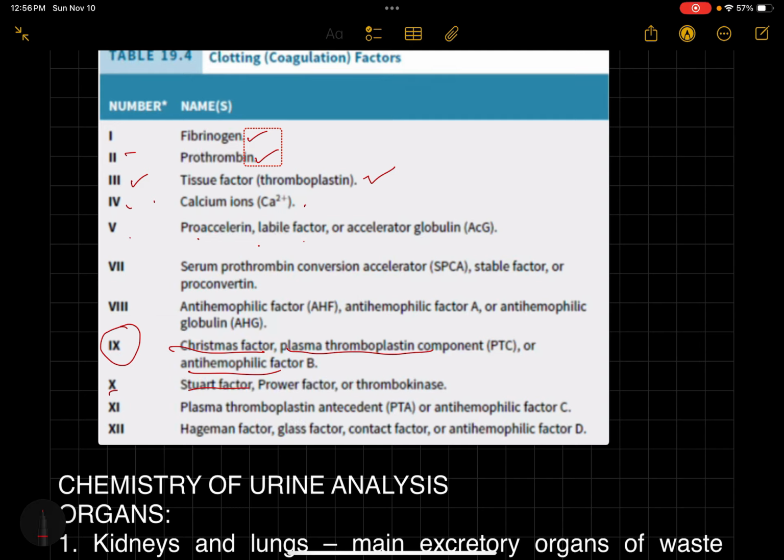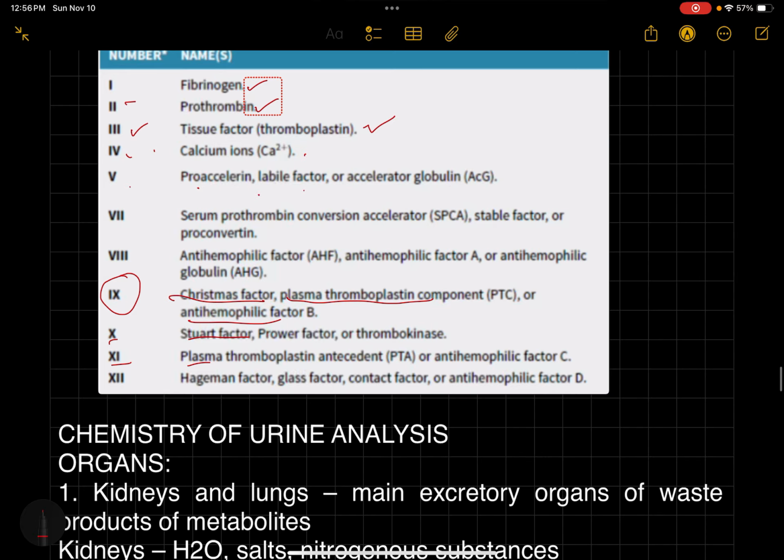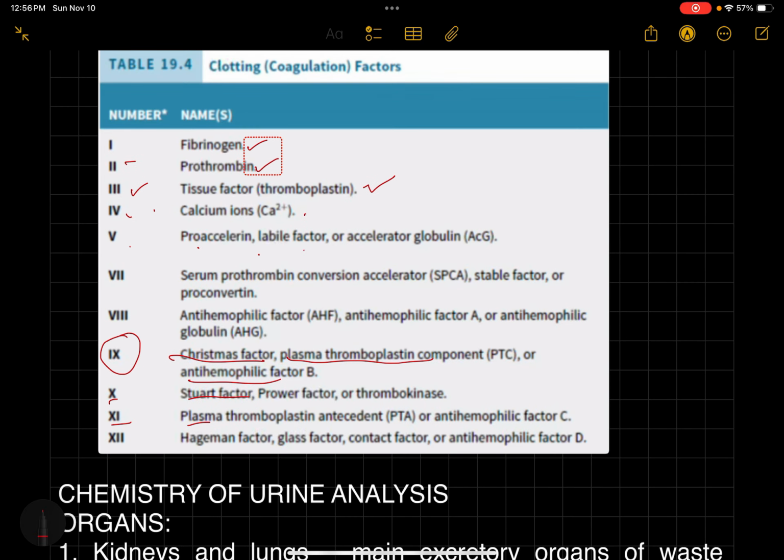Number 11, PTA or ang plasma thromboplastin antecedent or antihemophilic factor C. And number 12, Hagerman factor or Glass factor, contract factor, or antihemophilic factor D. So anyways, this will be your pharmacology no, magwa niya siya sa pharmacology nyo para mabalaan nyo